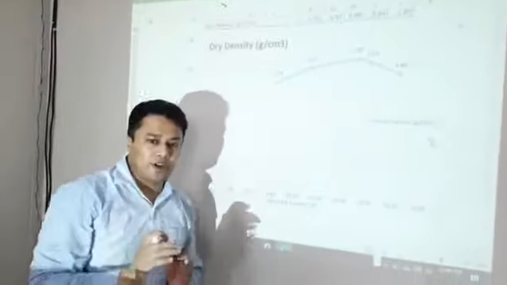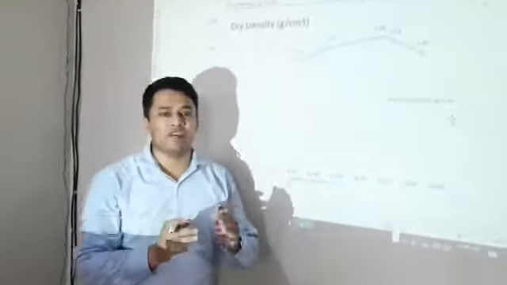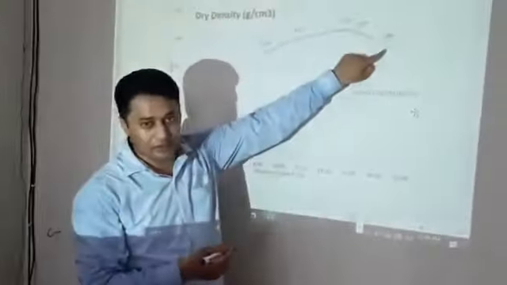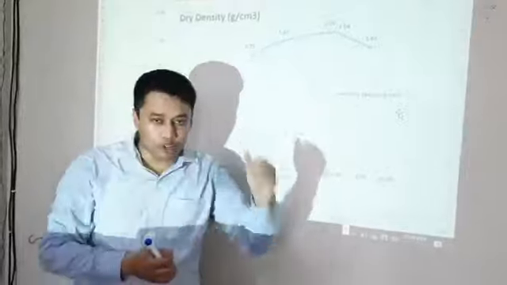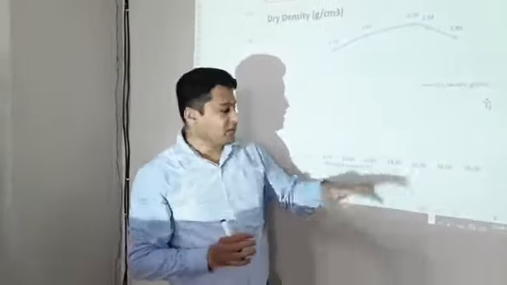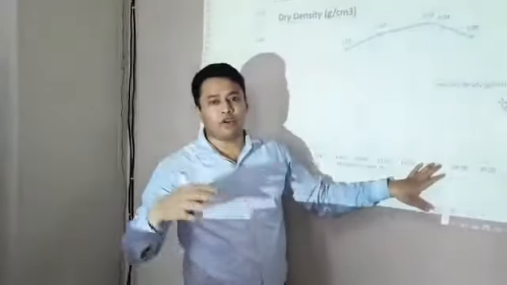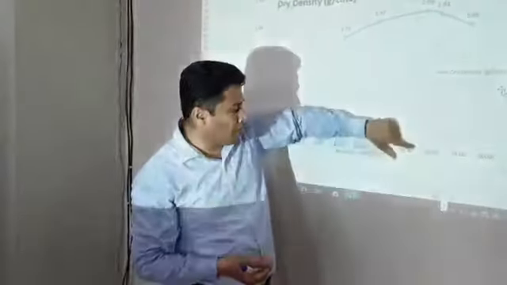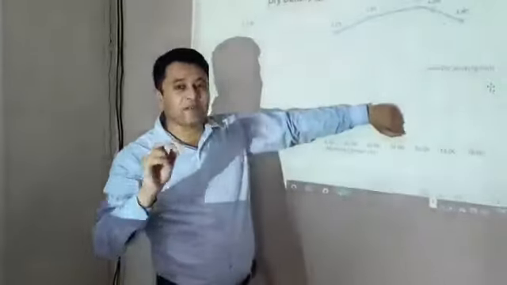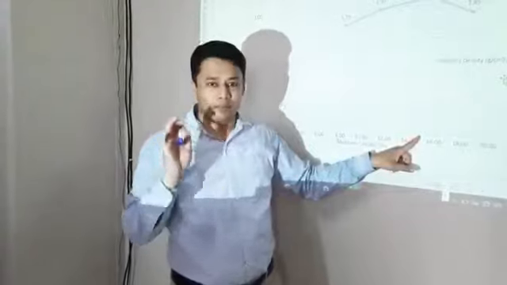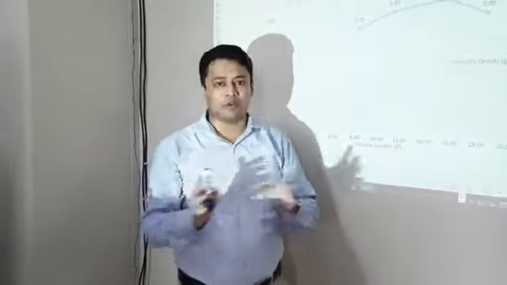Means at 14.8% moisture content, the density will be the maximum, and after that density starts decreasing. After that, if we compact more soil, the compaction will have no impact on the soil, and it means we don't need to add more moisture and we don't need more compaction. Okay, and this is the optimum moisture content at which the density is the maximum. At 14.8% moisture, density will be the maximum. This is the purpose of this practical.